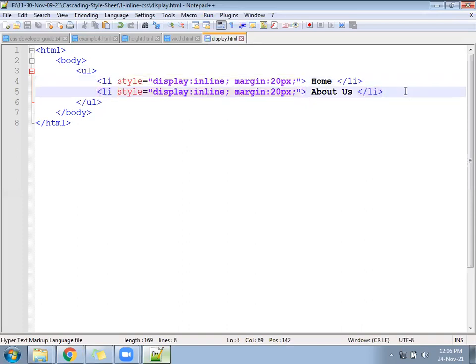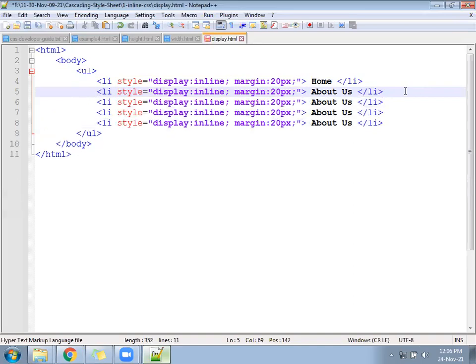Let's add this menu many times. If two have come, then 3, 4, 5, 6, 7, 8.